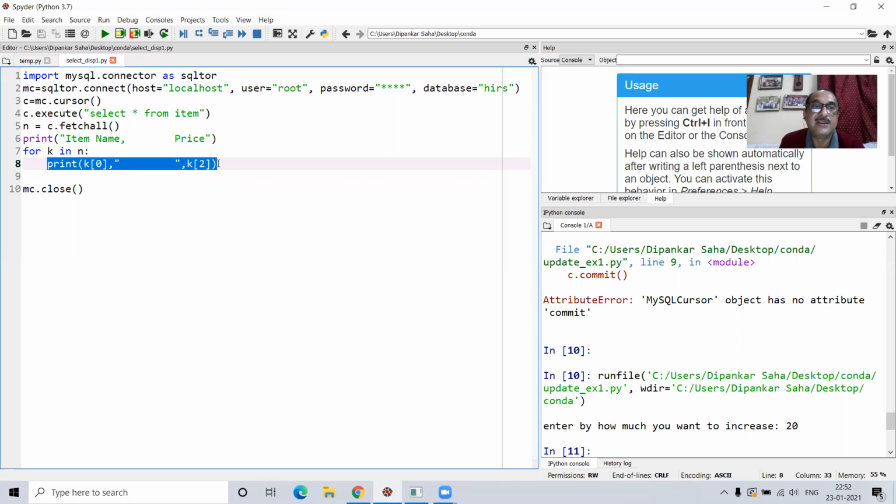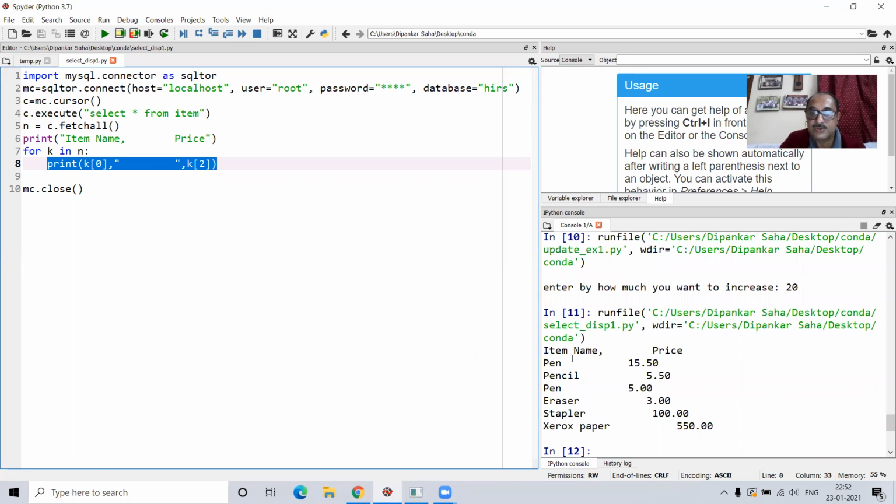Like I wanted here the data in index position 0 and data in index position 2. Fine. So if I execute this, look at this, it shows the item name and the price heading, and it shows all the item names and the prices.